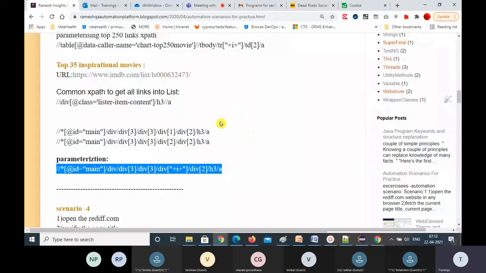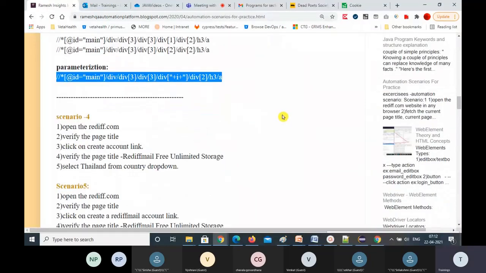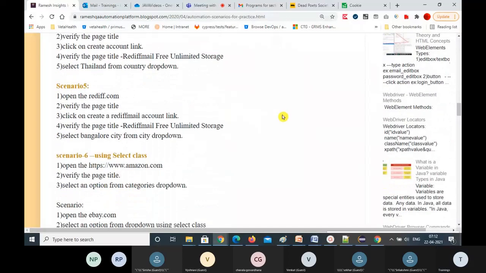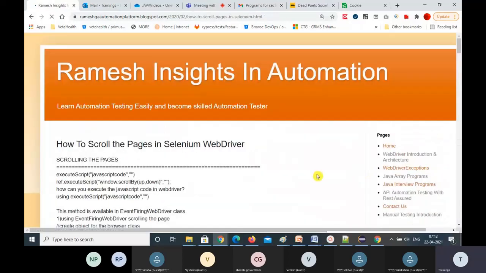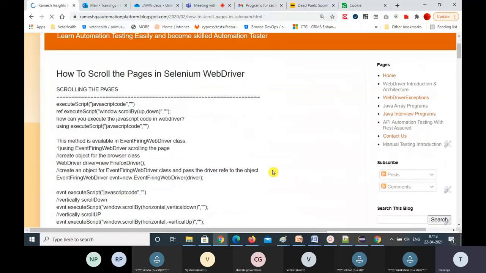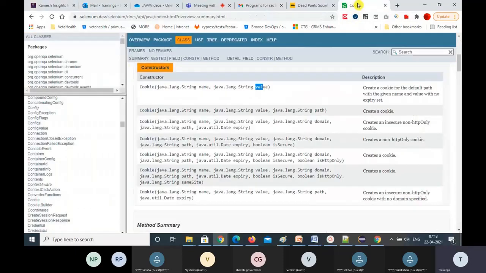So we can scroll the pages in different ways. Let me show you that. To scroll the pages, we're going to use the JavaScript executor interface. There is a JavaScript executor in the Selenium WebDriver.